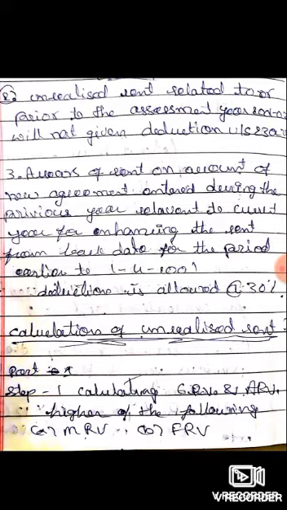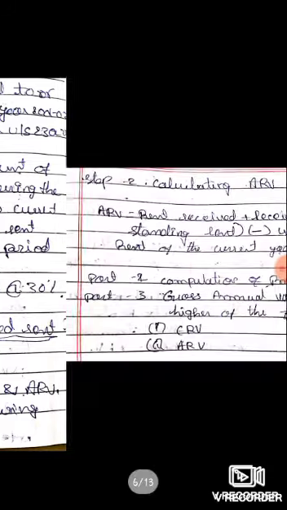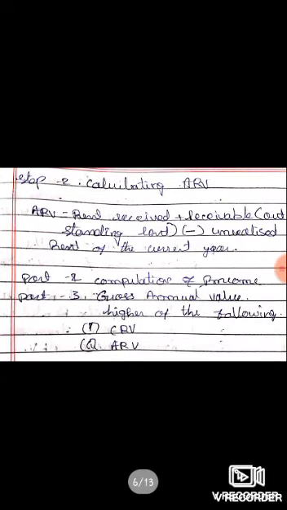Here there are also 3 parts. First we have to calculate the ERV and ARV. So ERV and ARV, higher of the following: MRV, municipal rental value, and fair rental value. From these two we have to take the higher value. Now step 2, calculating ARV. How we will calculate ARV: rent received plus receivable outstanding rent and minus unrealized rent of the current